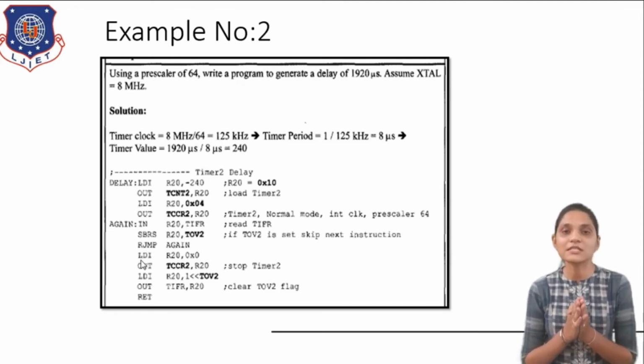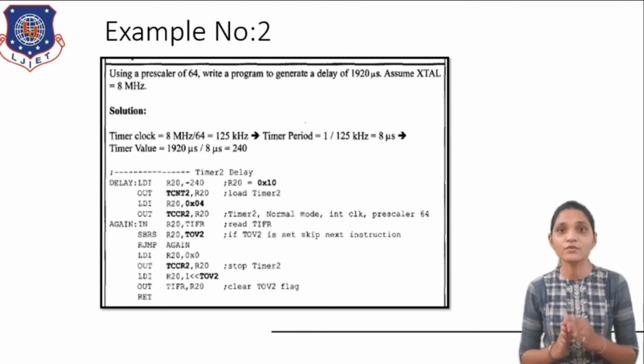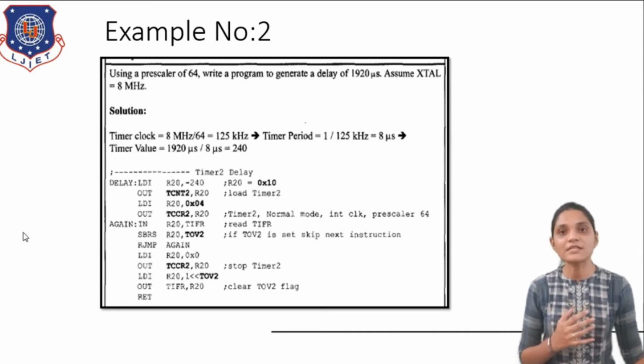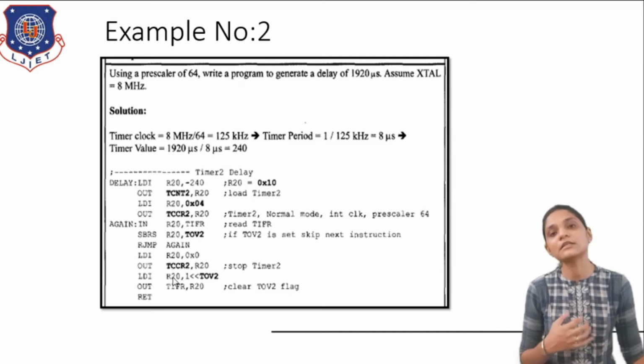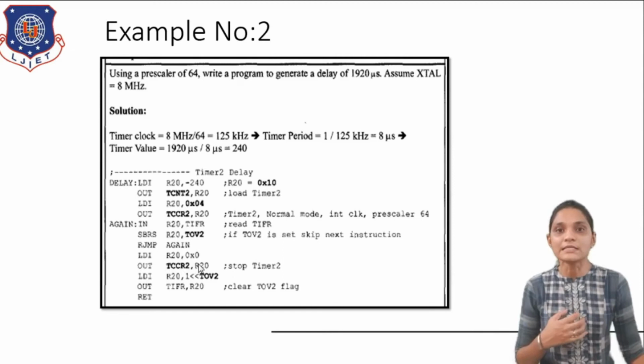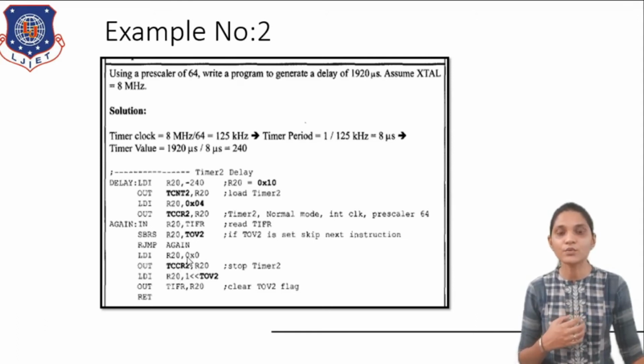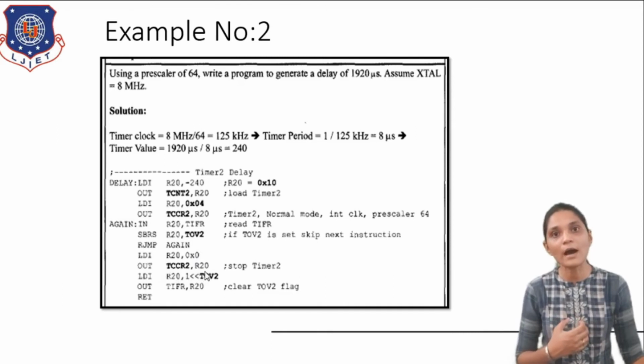Now these instructions are written for resetting the flag that we have set in TOV2. Okay, so these are the next instructions for resetting the timer overflow flag. By using this instruction, first we have to load 00 in some temporary register, then send this to the TCCR2, that is the timer counter control register. So use the instruction LDI R20, 0 and then send it to the TCCR2 register by using OUT TCCR2, R20.